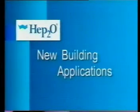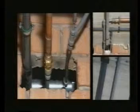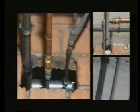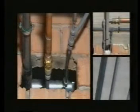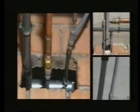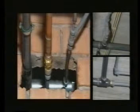The European Patent Office at Rijswijk in Holland is being massively extended. Hep2o is being used for a number of applications on this project. The sprinkler system uses large bore PVC pressure pipe to shift massive amounts of water around the building. But where more intricate routing is required towards the sprinkler heads, it's connected to Hep2o pipe to take advantage of